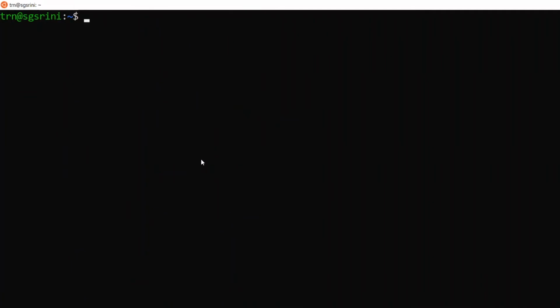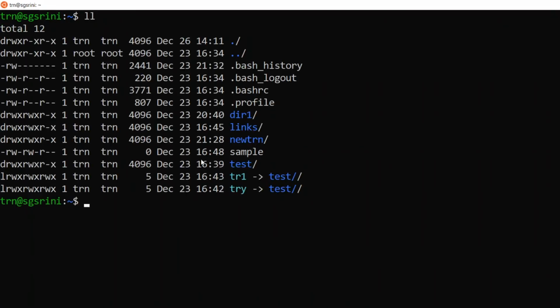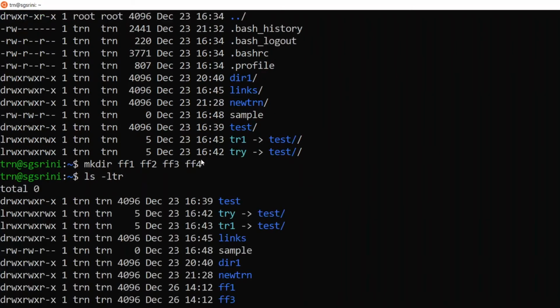Now let's see how we delete directories. For example, let me create directories with the names ff2, ff3 and ff4. So now I have directories ff1, 3, 2, 4.